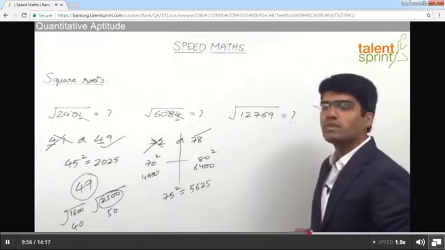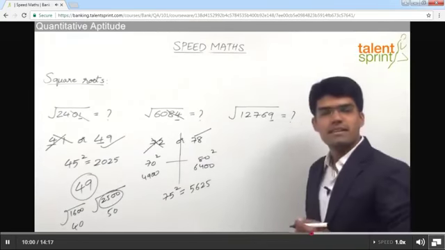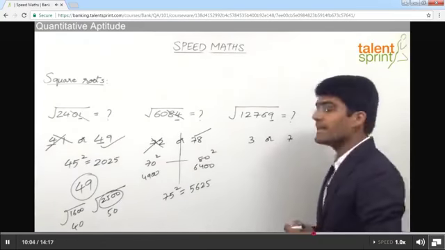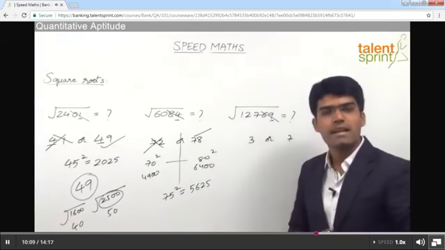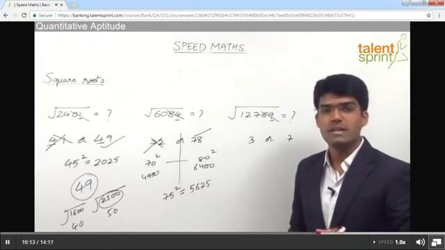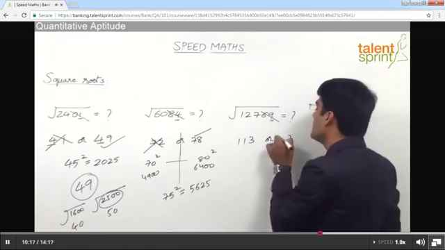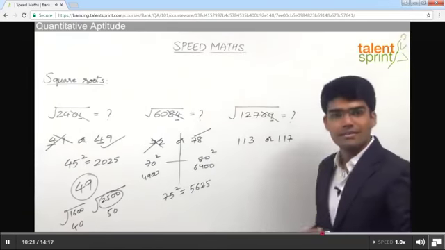Square root of 12769. Now here, as per the first step, as the number is ending in 9, square root should end with 3 or 7. Second step is to leave the last two digits. Now what is less than 127 and a perfect square? Less than 127 is 121. 121 is 11 square. That means very clearly the next part should be 11 in the answer. So the answer here either is 113 or 117.